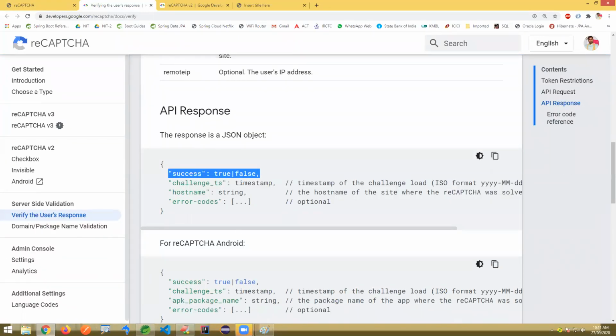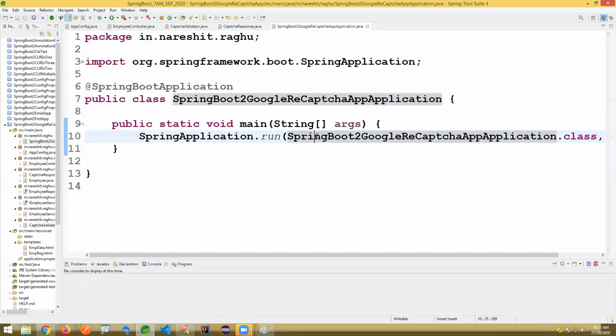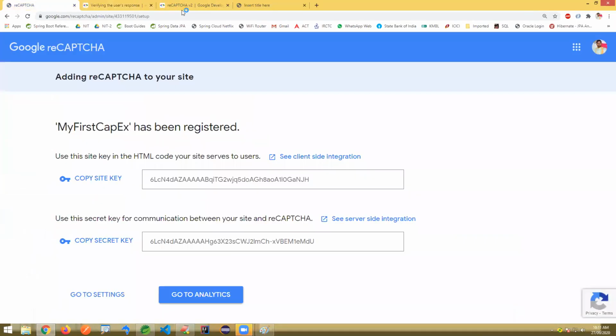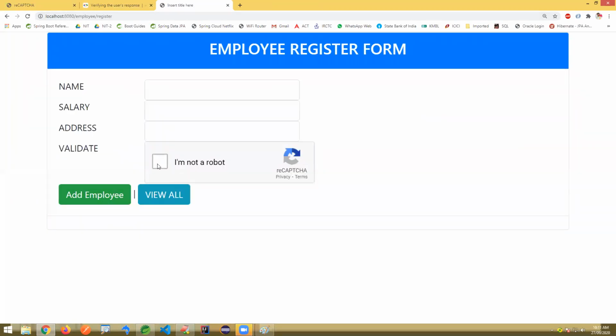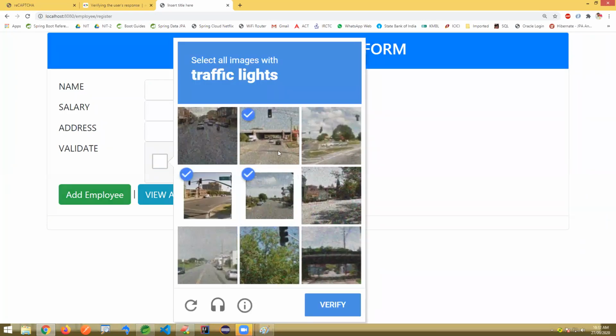Let us test all the scenarios again from the beginning. Start the application, Control F11. Here I'm trying to click on this, choose invalid images. Click on verify.